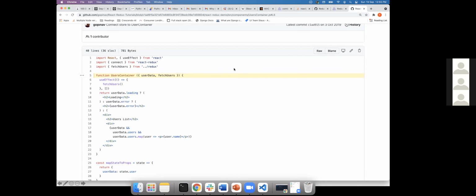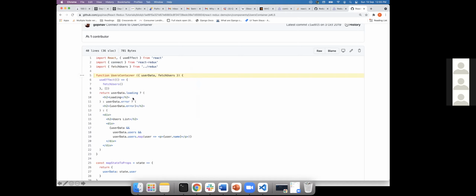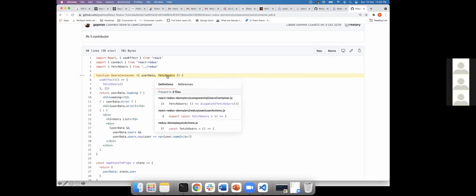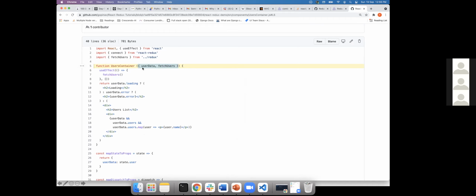That uses the useEffect, that uses the connect, and there is something they have, fetch users, something for demo purpose. I'll come back to that. Okay, so there is some user data as a property we are passing, some fetch users we are passing as properties. You understood, right? This is object destructuring. There is a key called user data, there is a key called fetch user. That's why we are using this object based representation. Or else you have to use props.userData, props.fetchUsers. You understood?